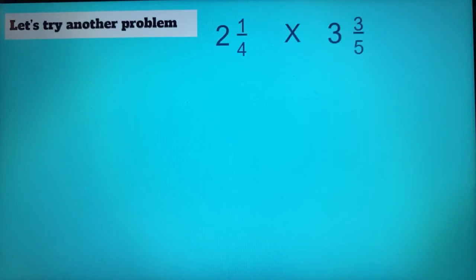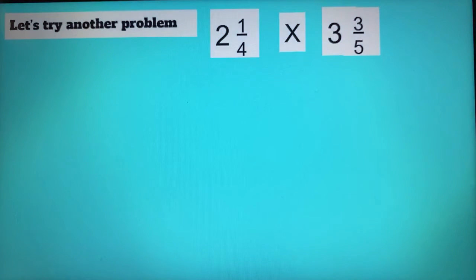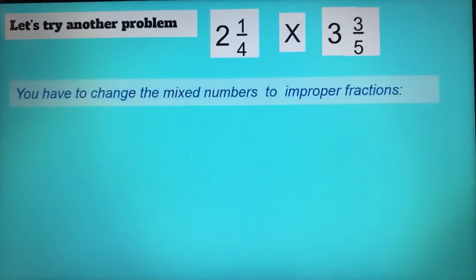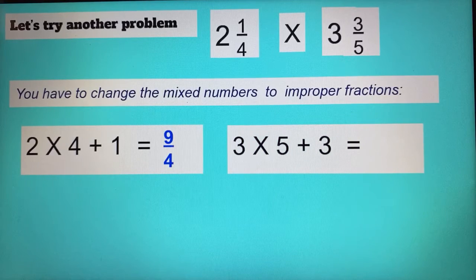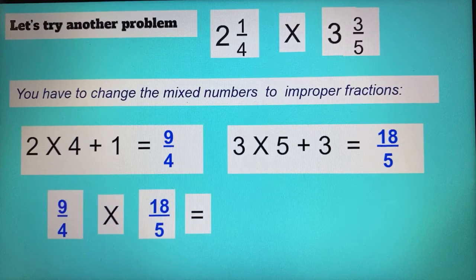We're going to try another problem. So 2 1/4 times 3 3/5. We have to change the mixed numbers to improper fractions. So 2 times 4 plus 1 is 9 over 4, because 2 times 4 is 8 plus 1 is 9. And then 3 times 5 is 15, and plus 3 is 18, so we have 18/5. Now we're going to multiply. 9/4 times 18/5, and we get